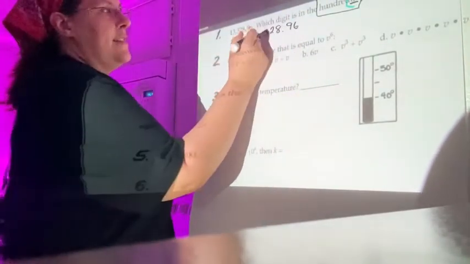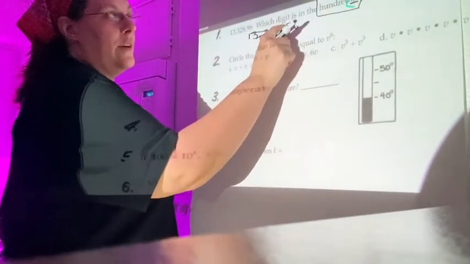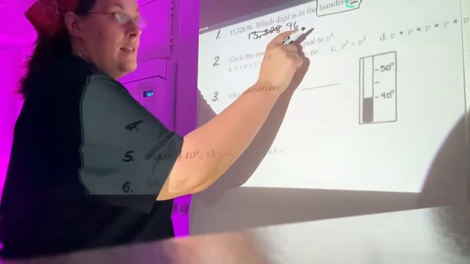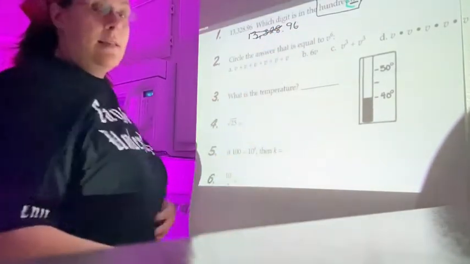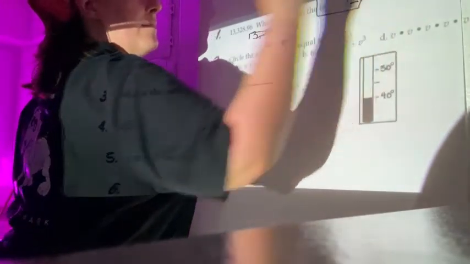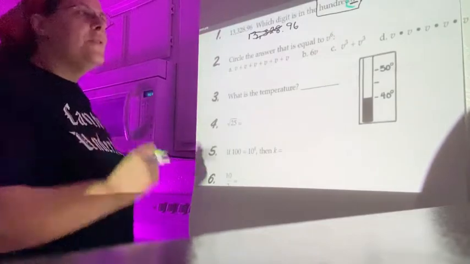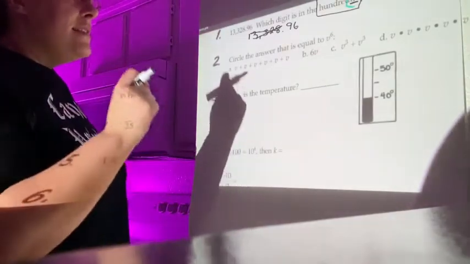Because that's all on this side, so that's all garbage. So we don't have to worry about that. It's either one of those, and we already know this is tens, this is hundreds. The number is 6. Excellent for us. Number 2, circle the answer that is equal to